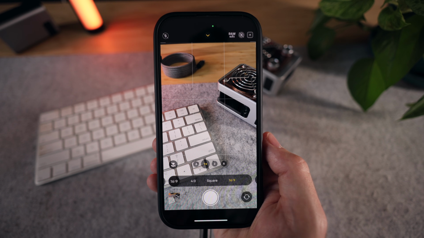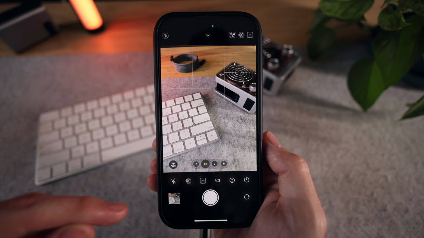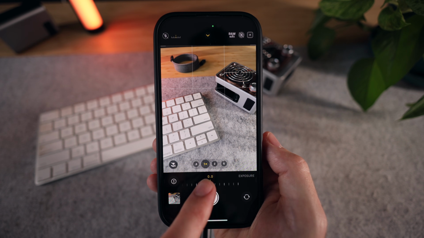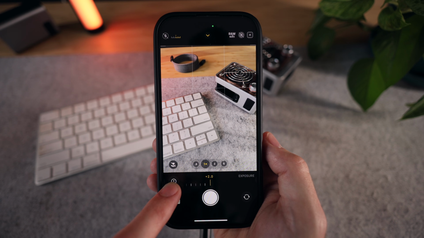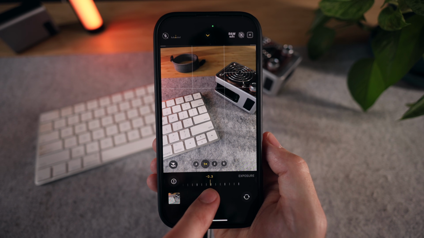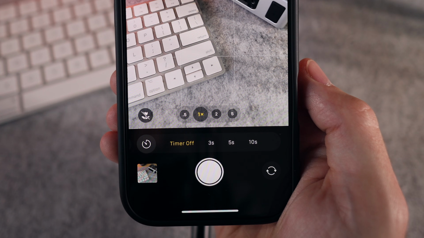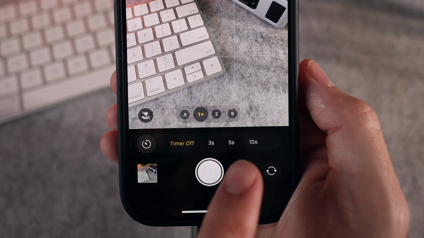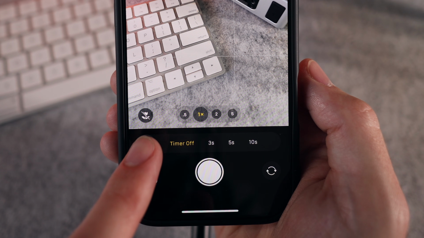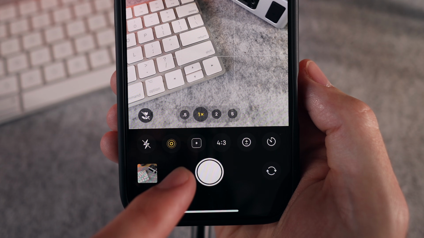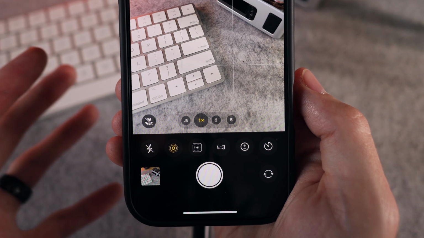And this is another one I recommend always leaving at 4:3 because this takes advantage of the entire camera sensor. You can adjust the exposure. And you can set a photo timer so it'll count down and then take a photo after 3 seconds, 5 seconds, or 10 seconds. Now if you go and turn on live photo, it doesn't really look like anything's changed,